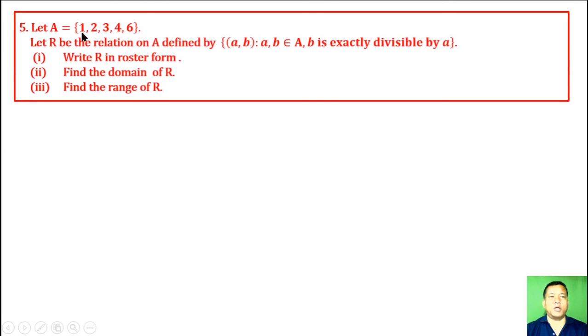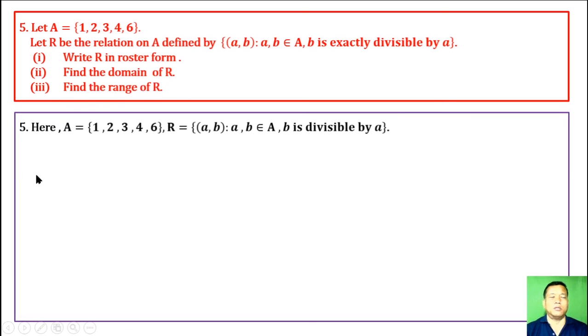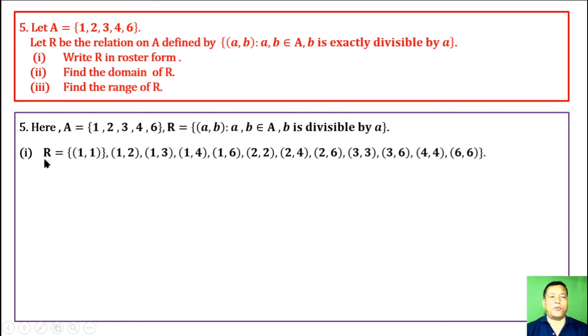Question 5. A consists of 1, 2, 3, 4, 6. Let R be the relation on A defined by (a, b), a, b belongs to A, b is exactly divisible by a. Write R in roster form. Find the domain of R. Find the range of R. A consists of this. R is defined as this. Therefore, R may be